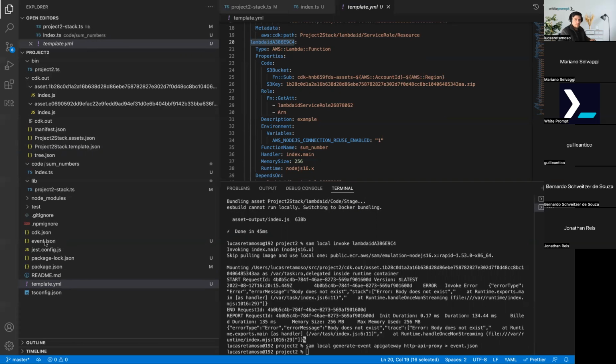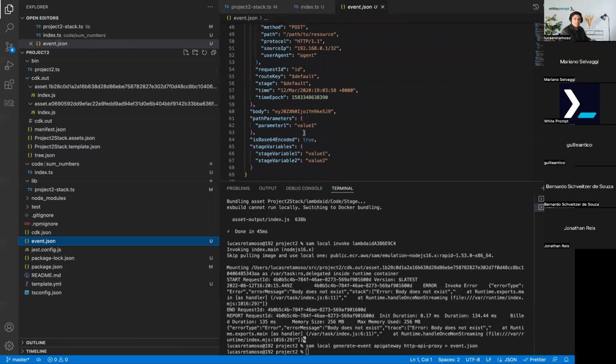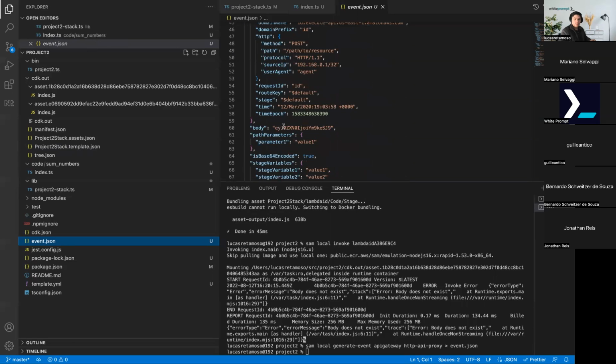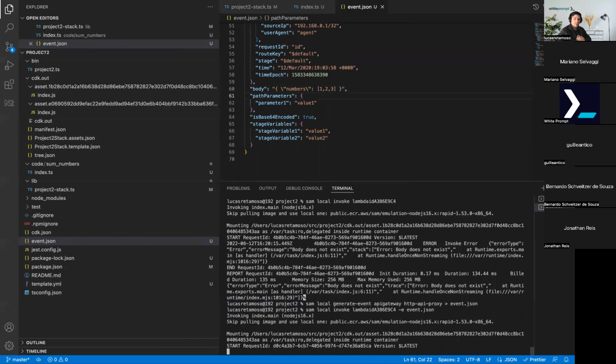In event.json, we can go to the body and change the value for something that can be used for the Lambda. So now if we invoke the Lambda with -e event.json,